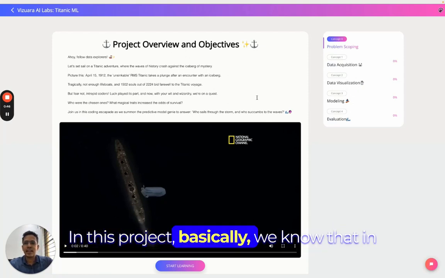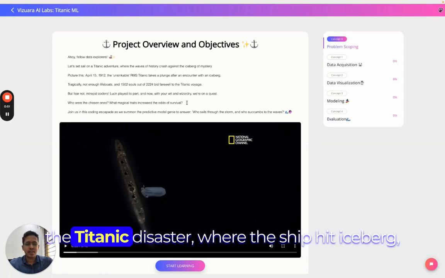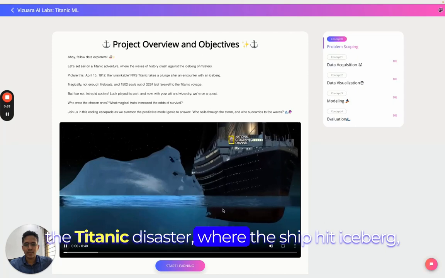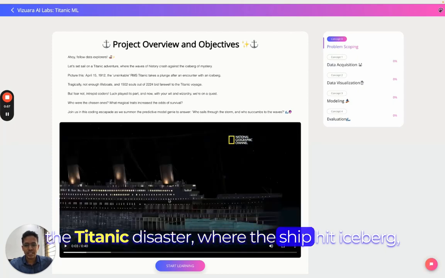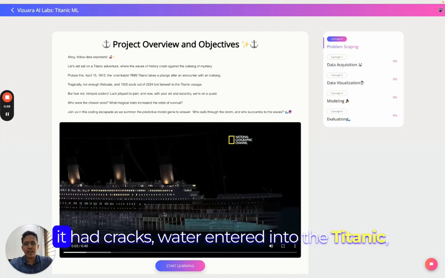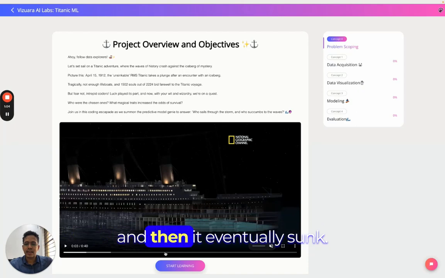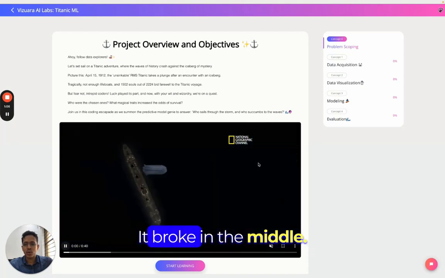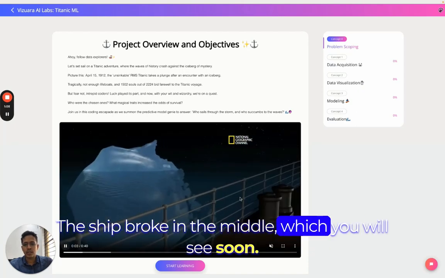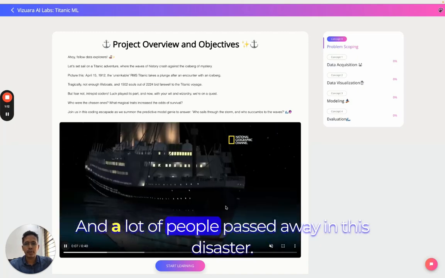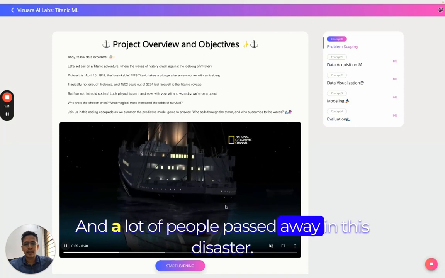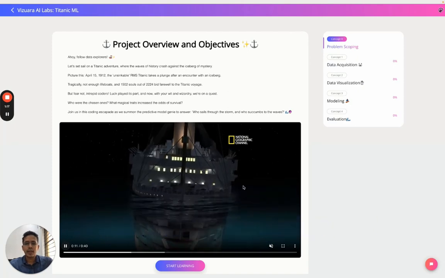In this project, basically we know that in the Titanic disaster, the ship hit an iceberg, it had cracks, water entered into the Titanic, and then it eventually sunk. The ship broke in the middle, which you will see soon, and it completely sunk, and a lot of people passed away in this disaster. And